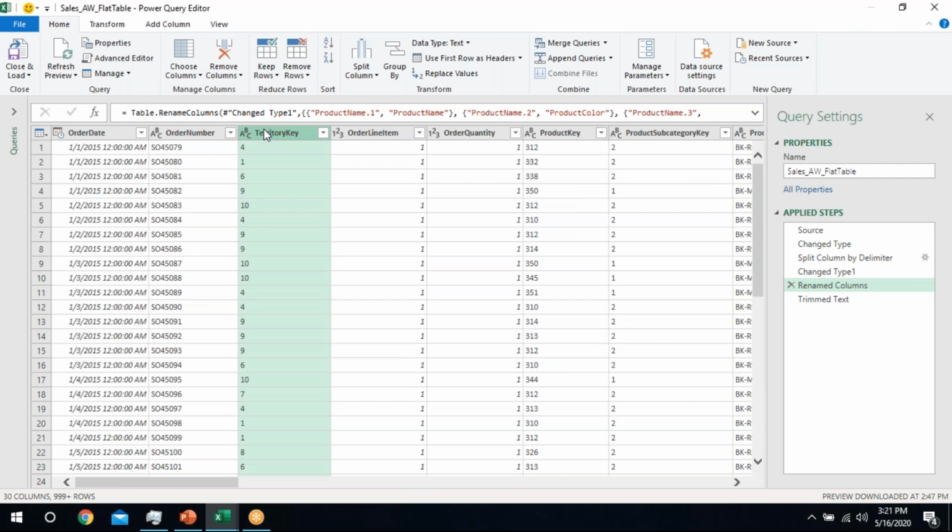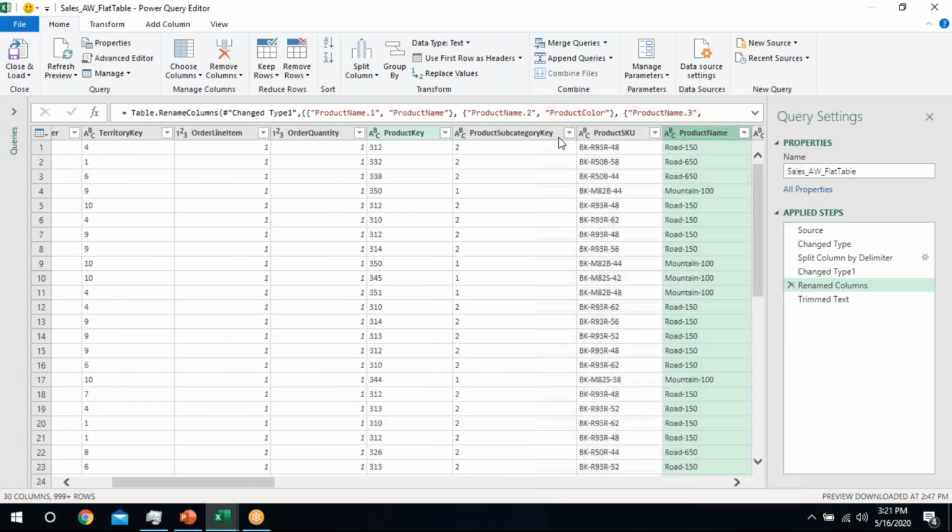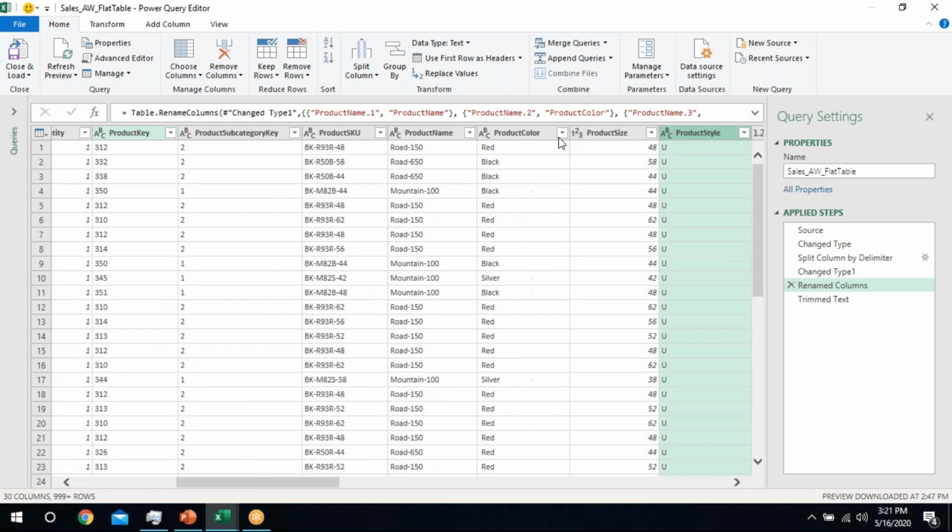Here we have territory key. Okay. We have product key. Okay. We have product subcategory. We have already seen that these keys are used as the foreign key or the primary key. Now moving forward, we have product key, we have product subcategory, and we have also the product information.